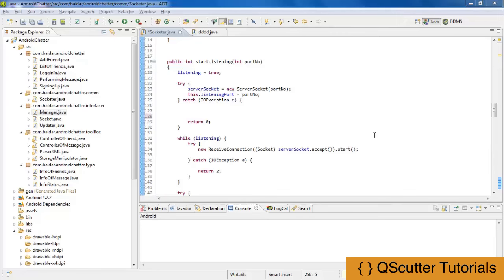Now that we have created and sent the HTTP request to the server, we need to listen to the port. After listening to the port, we will be able to set up a connection with the socket, and with the help of the server socket we can manage that port and continue the communication. So for that purpose, I have created a start listening method, which will be listening to the port